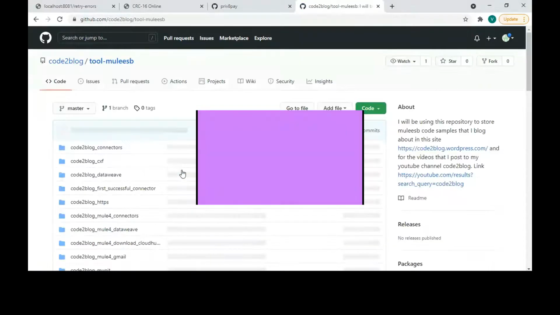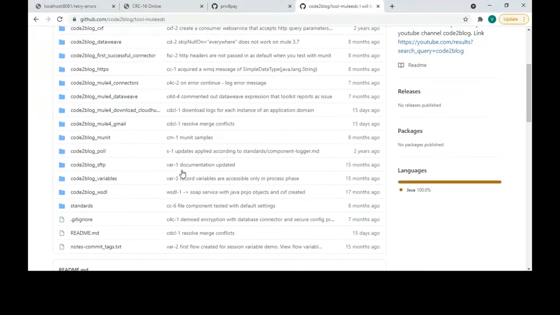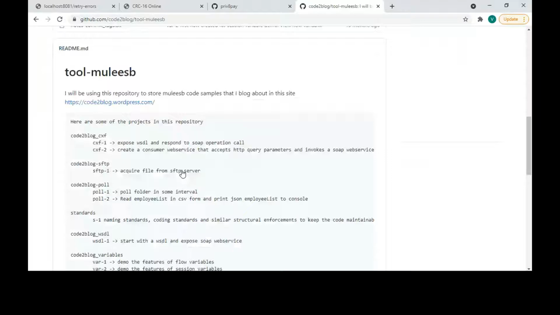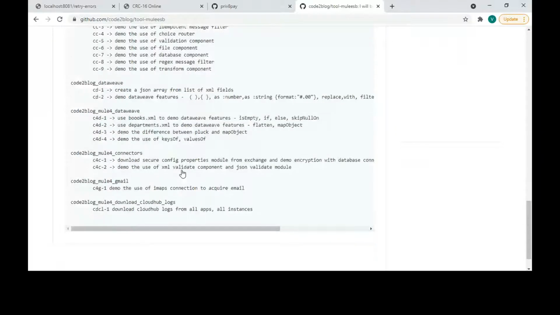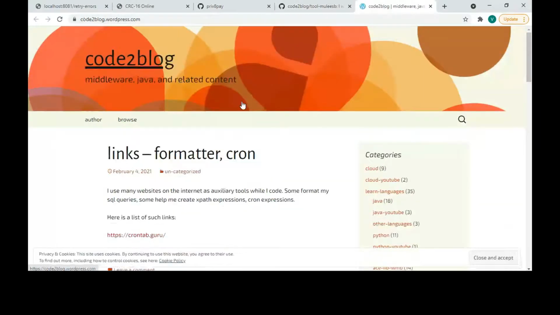Okay, this is a link to my code repository. I'm now moving into Mule ESB, the folder structure or repo name as Mule ESB. Here you will find my code where I started writing in Mule 3, then I moved to Mule 4. It's more than 2 years old. So these are the projects which I have worked on and which are available in this repo. And the latest one is the one which downloads all the log files from CloudHub.